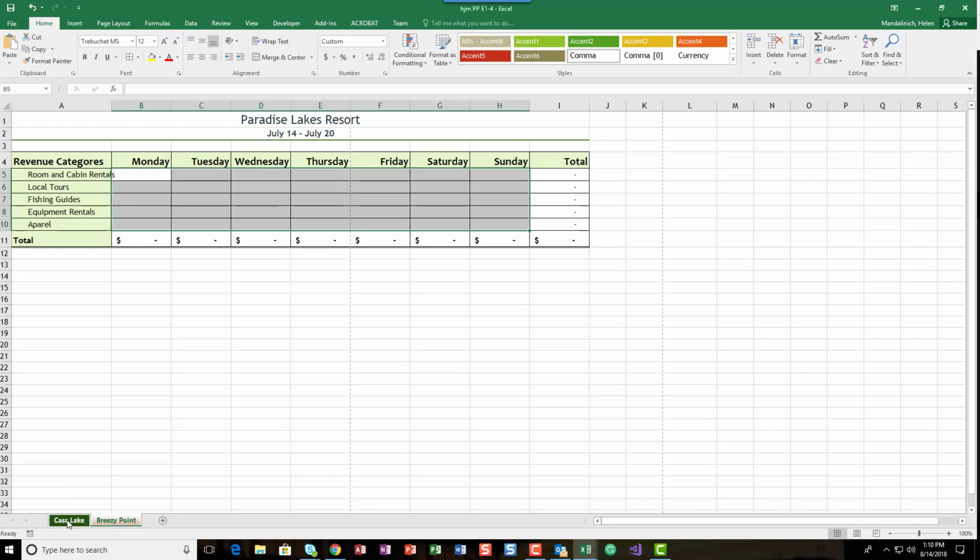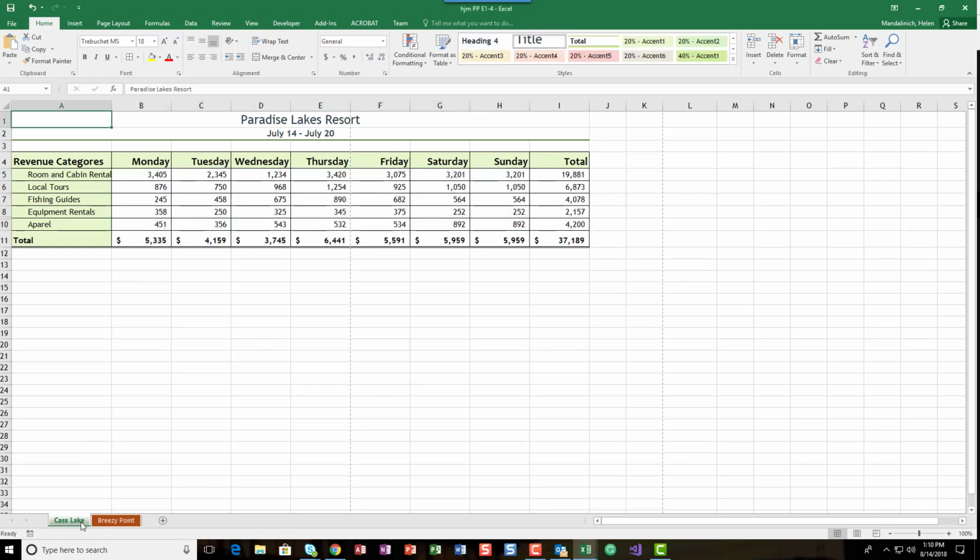Let's go back to Cass Lake, and once again you can see now Breezy Point is orange solid. We know we're not on it. Cass Lake is that kind of ombre look, so we know that's our active worksheet. So I now have our food and beverage money values. So what I want to do is go back and